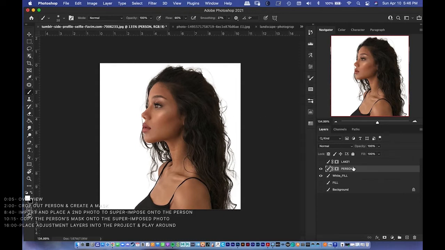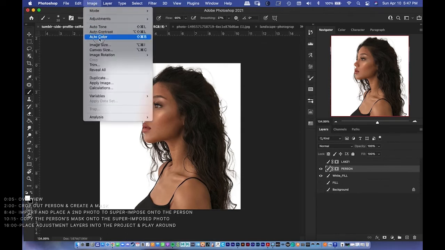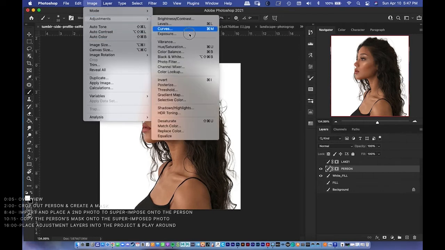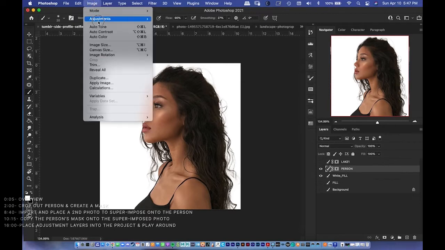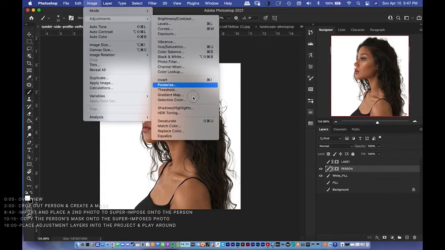Whereas if I were to apply desaturation to the person directly by going to Image, Adjustments, and let's do Hue/Saturation, take the saturation down right there, I'm stuck with it. It's locked in. I've worked destructively, the color is now gone from the image, and I can't bring it back. So rather than going to image adjustments for my color corrections,